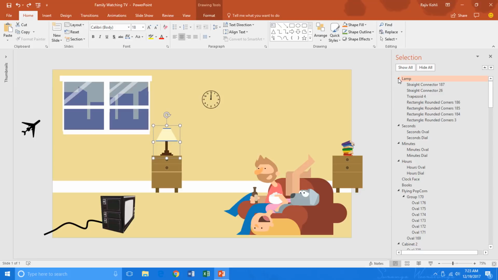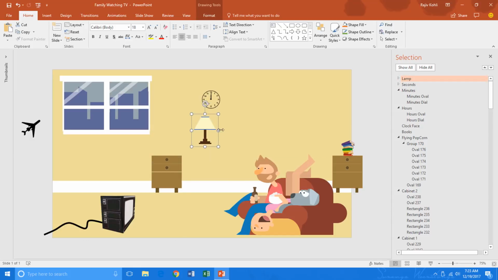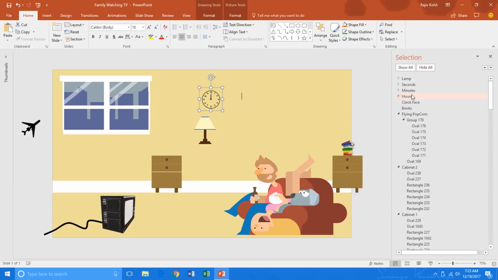Here I have named each layer separately, and you can see, just like this lamp, we have the second dial in the clock, and the minute dials and hours. We don't need to animate these, they are just there as still objects. This is the hour dial and this is the clock face, and here we have flying popcorn. You can notice one thing, that in hundreds of these objects, if I want to select a single object,